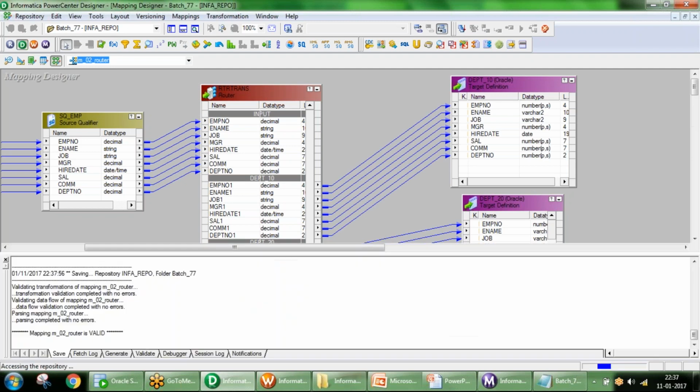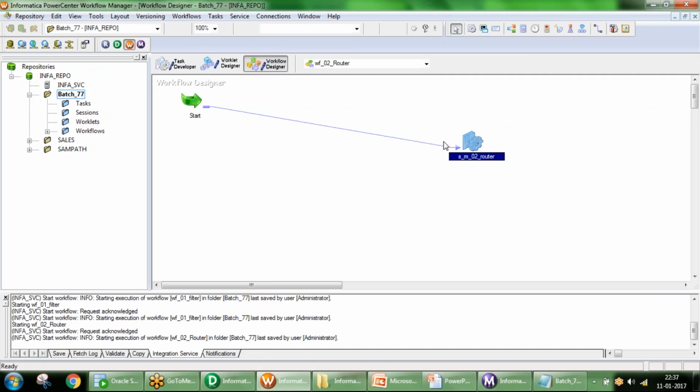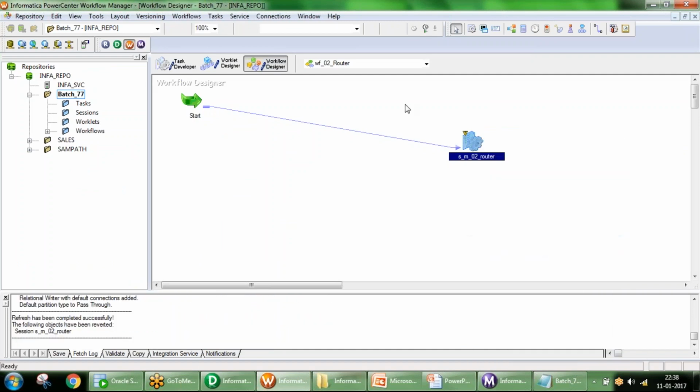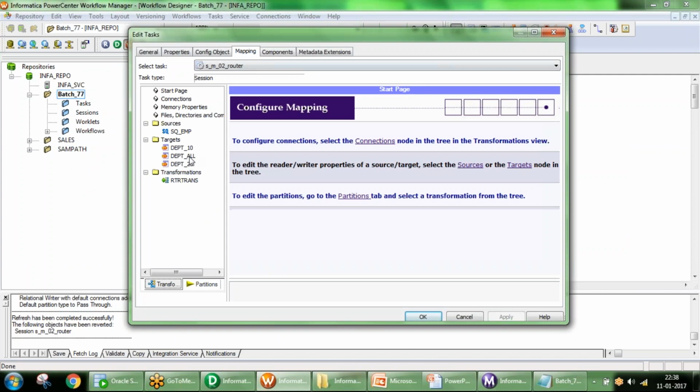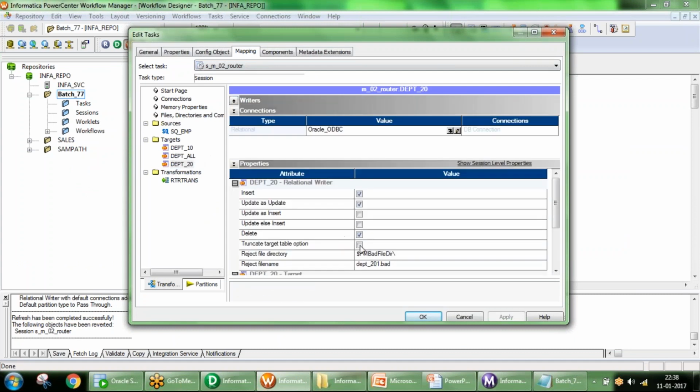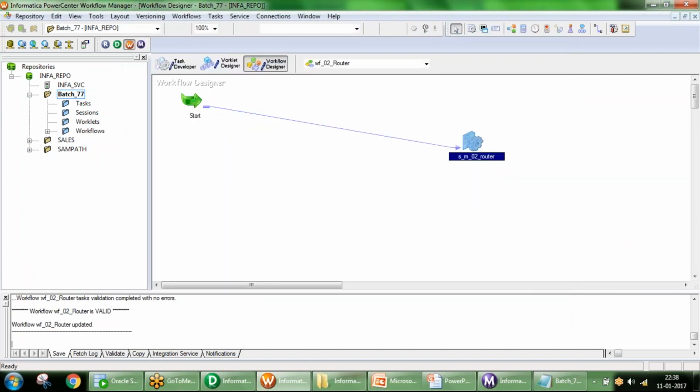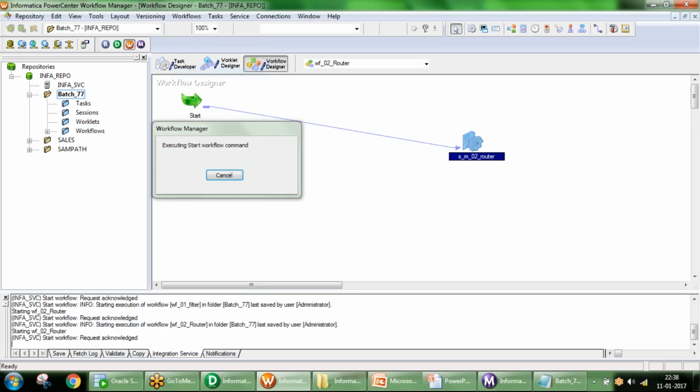If you want, just save this mapping, refresh your workflow, and enable the truncate target table option for the newly added target table also. Save it, start the workflow.